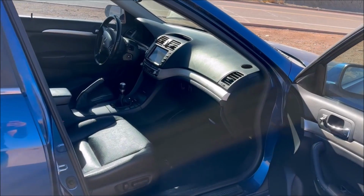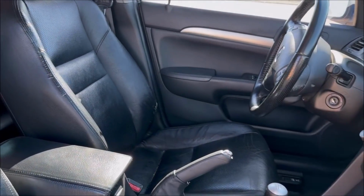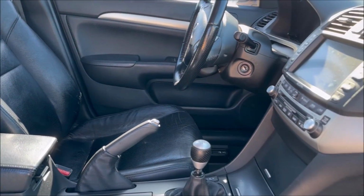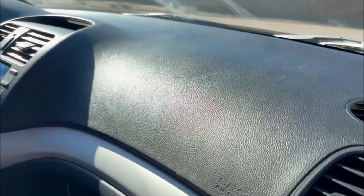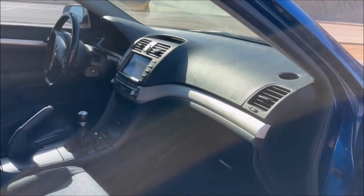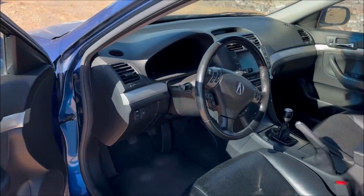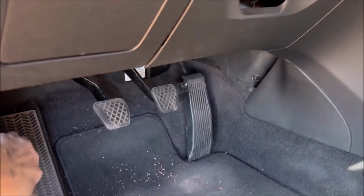Now the inside, unlike the exterior, is really well preserved. This is a nice black leather interior that's been well protected. The dash has one teeny little slit right there over the passenger airbag. Otherwise, not too bad. We'll take a look under the hood here, and it's a little bit scary looking, but